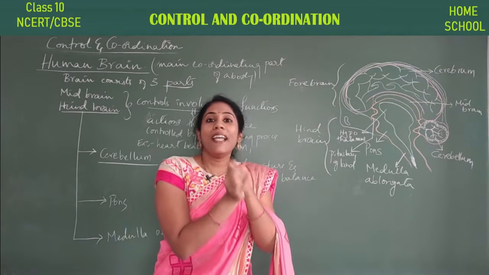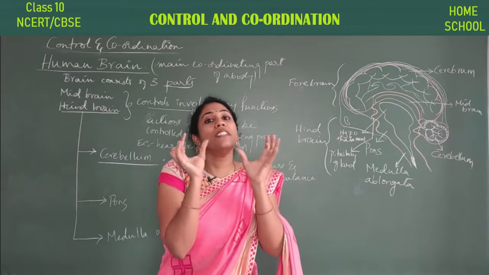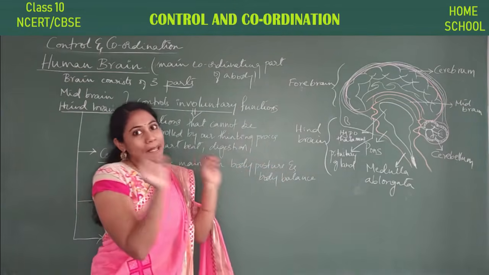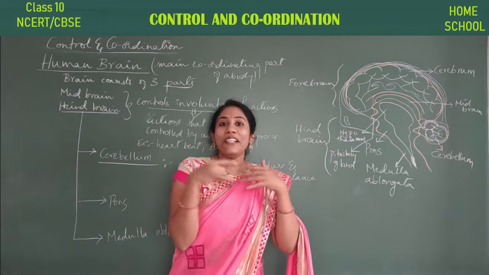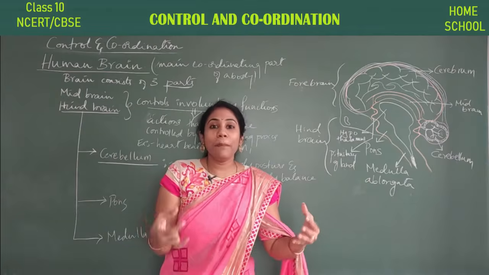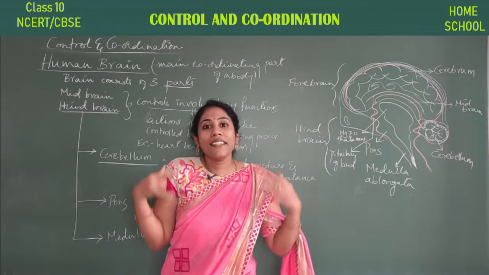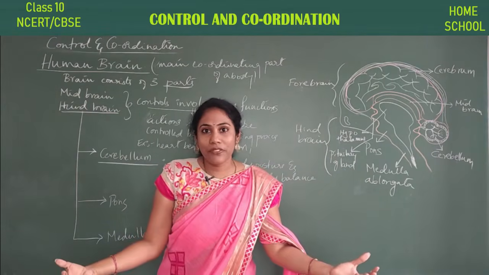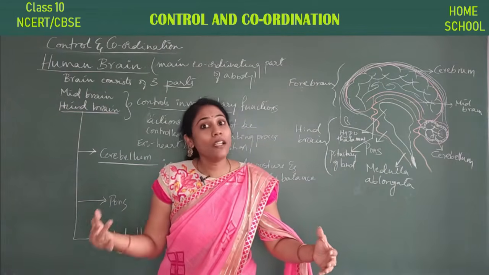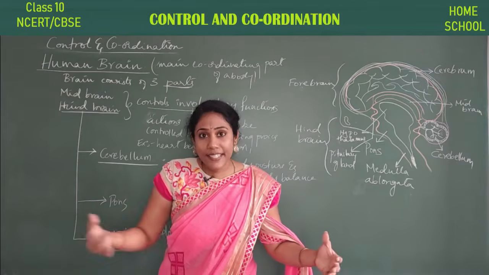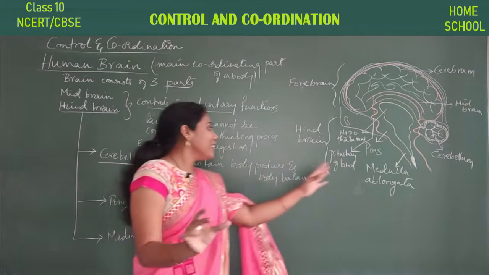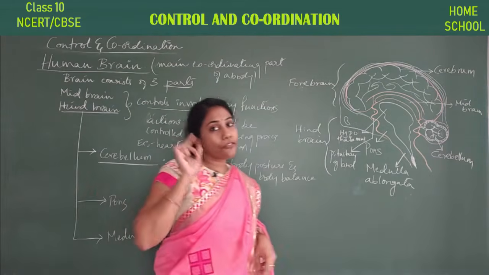So this body balancing is looked after by which part of the brain? Cerebellum. So if your cerebellum is too good, you can balance your body very, very nicely. Say in some yoga poses, when people do yoga, they keep balancing their body in a certain posture, right? In a certain pose. And when you dance also, you need to be able to balance your body in certain steps, isn't it? So all these things are done by the cerebellum part of the brain.